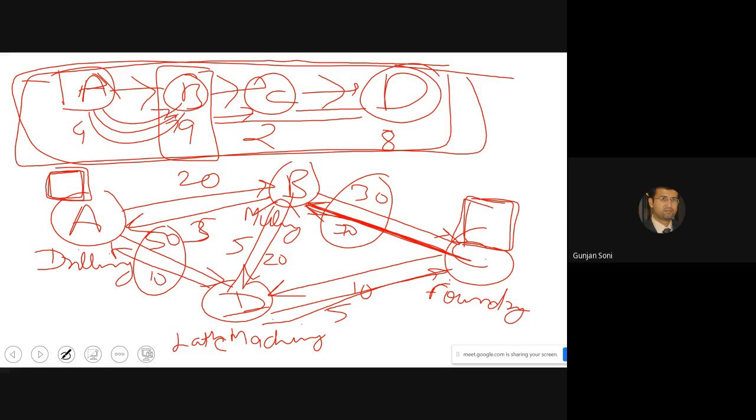If you've been to any industry, I think you've not been to any big industry yet. So I'll show you some video where in big industries or labor intensive industries, the movement can go up to a kilometer also inside. So if foundry is generally located far away from the machining shop, it may take a day to move from here to here, because a single piece is not going to go from foundry to lathe machining. It may have to wait for 50 pieces to move from here to here.